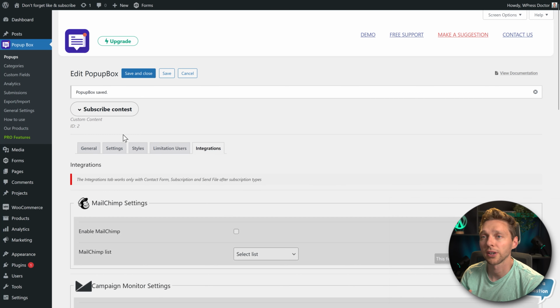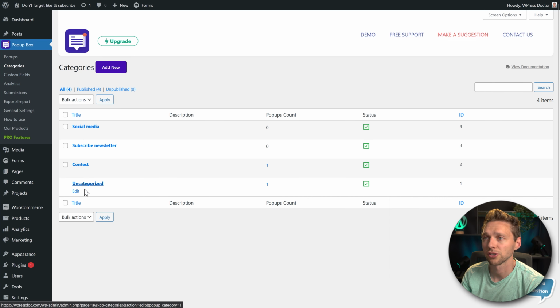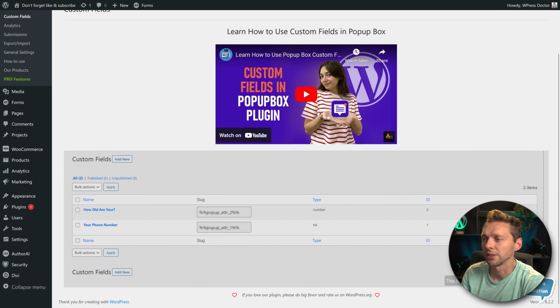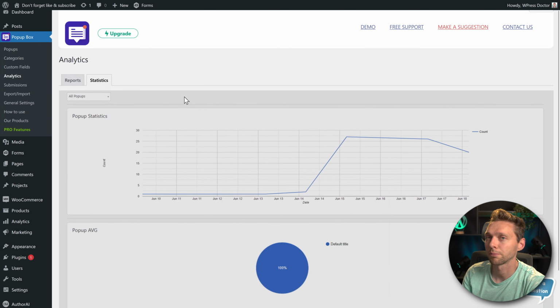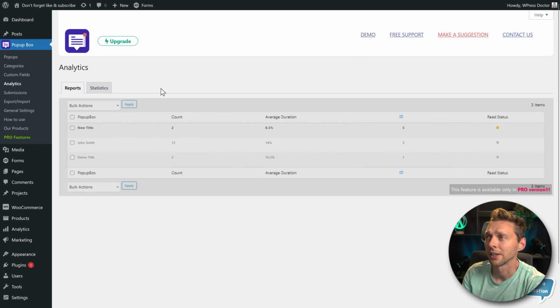It seems that we have covered all the options in here, so let's go to all of these options. We have the categories, we've already shown this one, but you also have custom fields. However, it's only in the Pro version. Let's go to Analytics. In here you can see, if you have the Pro version, what your pop-up is doing on your website, which is actually the whole point of this thing. You want to see how many people are opening it and when, how long, and did they read it, did they close it, all that kind of things.